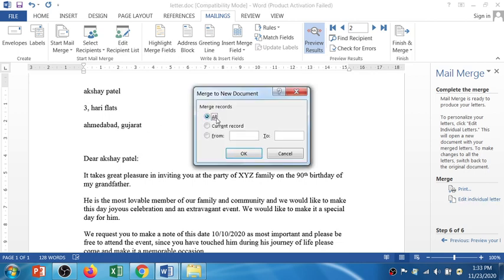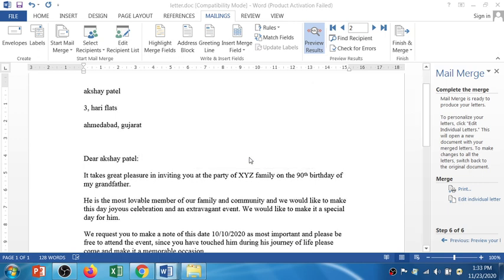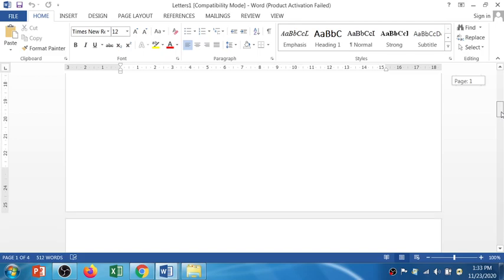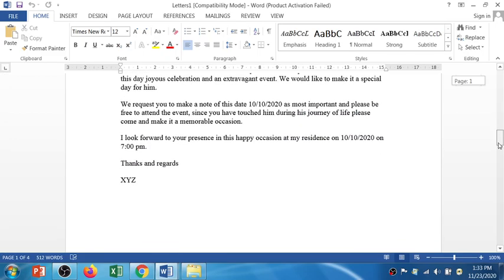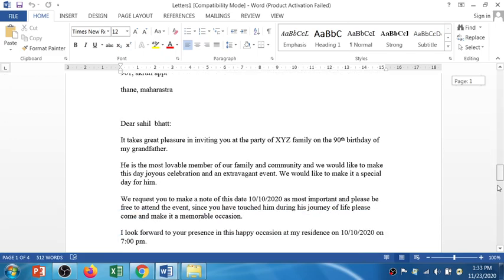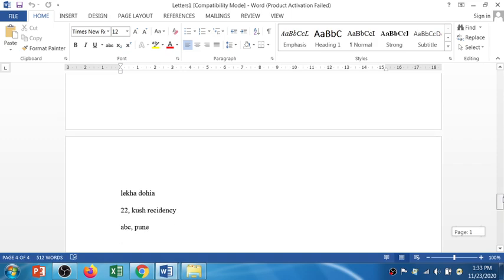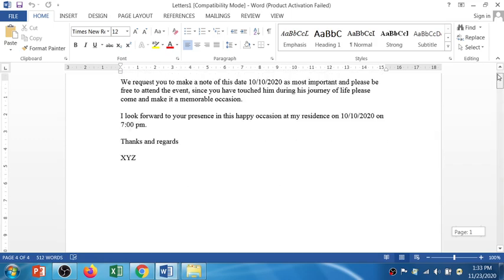So click edit individual letters, select all and click OK. So you can get all the letters ready. Instead of one document, now you have 4 documents with different recipients and the same content. So now you can just take a print of all 4 invitations, right? And you can mail them.